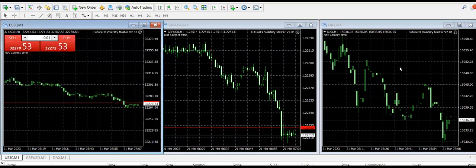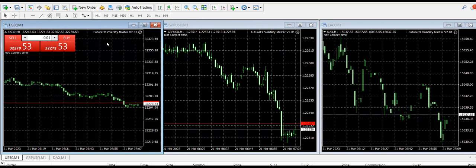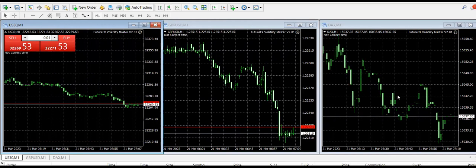Over here we have the DAX. It's a similar index to the US30. The US30 is the Dow Jones index, so it's the top 30 companies in the US. The DAX is similar, but it's the German version, so to speak. And I do it pretty much the same. I have it